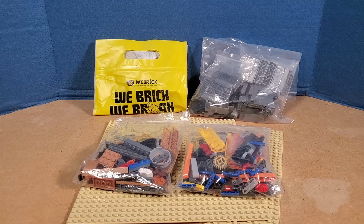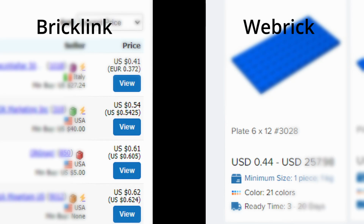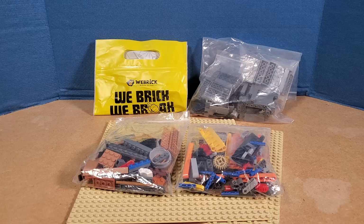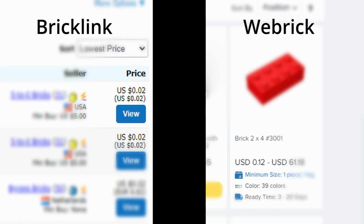So, price. Are they actually cheaper? Well, if you're comparing it straight to Lego, like on their website, hands down it's cheaper. Now, when you compare it to Bricklink, it gets a little more complicated. And this is because Webrick doesn't care about the rarity of pieces. They base their prices off of the actual plastic or how hard it is to mold. So rare pieces are going to be much cheaper than Bricklink, whereas a basic brick like a 2x4 is often